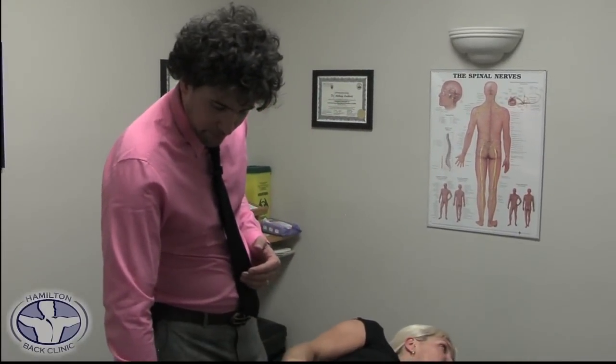So now we have our patient. Our patient has been assessed, and she has chronic shoulder pain with also some bicep weakness. I am going to use some medical acupuncture to show you how just one needle can improve the function of tissues that aren't working correctly. So what I'm going to do here is